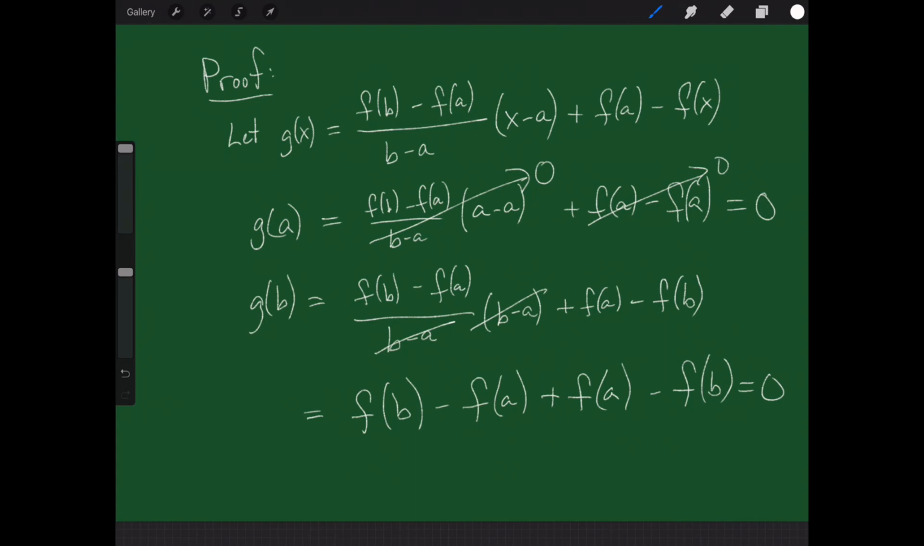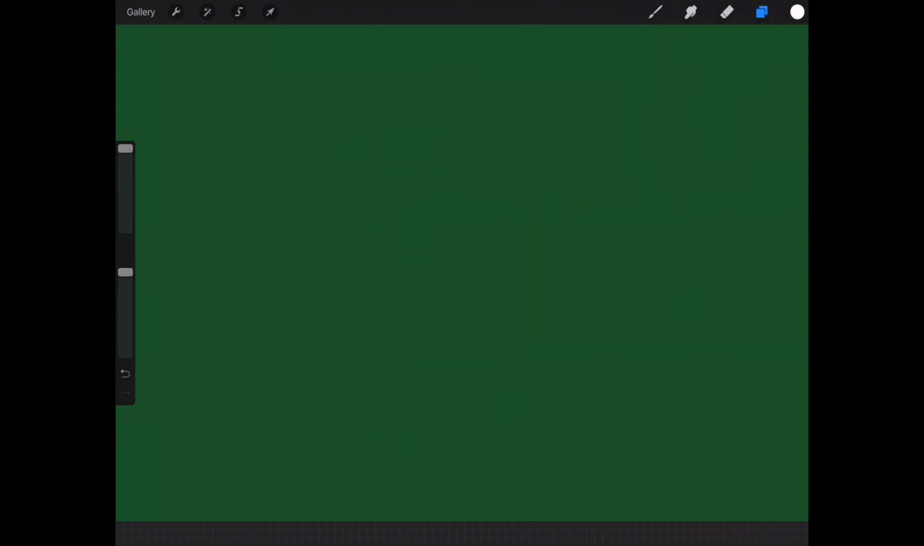Since g of a and g of b are the same, there must be somewhere in between a and b where the derivative of g is 0. That's what Rolle's theorem tells us. Okay, so let me move on real quick. So that means there exists